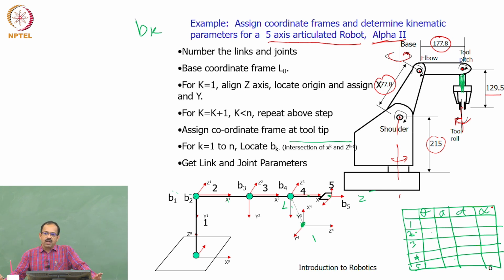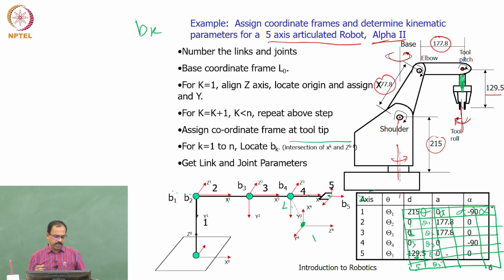So in this case, which one is the variable and which are constants? Which one will be a variable here? Theta, right? Because all are rotary joints, so all thetas will be variable. So we don't need to really worry about the actual value of it, because depending on this configuration it may change. So any theta, it can take any value of theta. So in this configuration you can find a value, but when it changes the configuration, theta will keep changing. So we don't really need to know the theta in this stage, so we will make it as variable: theta 1, theta 2, theta 3, theta 4, theta 5.